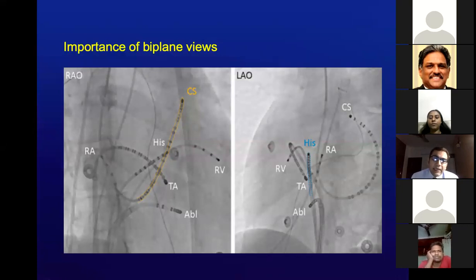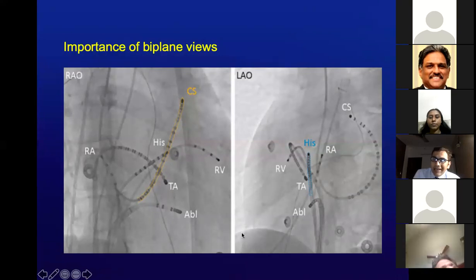So the right anterior and left anterior oblique views are your critical friends. In the right anterior oblique view, anything in the anterior or the front part is ventricular. Anything posterior is atrial. Then you use the left anterior oblique or the lateral view to figure out what is posterior. What did we say? Anything towards the back end is atrial. Anything towards the front end is ventricular. And how do you know what is front and what is back? The spine is there posteriorly. The xiphisternum or the sternal processes are there anteriorly.